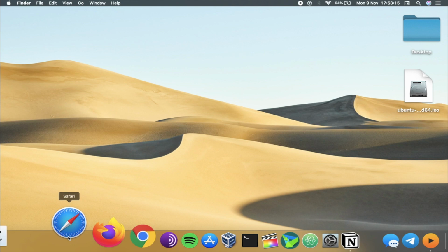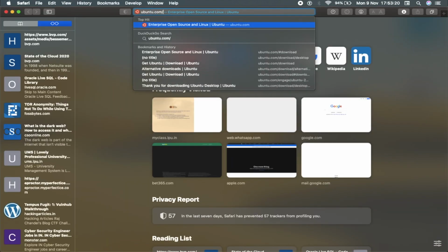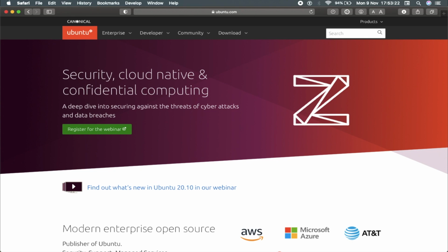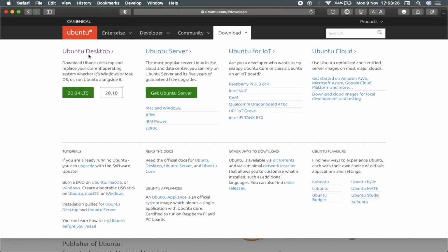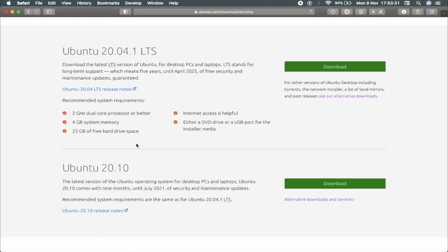First, open up your browser and search for ubuntu.com, and this will take you to Ubuntu's official page. Here click on download and then click on Ubuntu desktop. Here you have two versions of Ubuntu. One is 20.04.1 LTS, which is the stable version of Ubuntu, and the next is Ubuntu 20.10, which is the